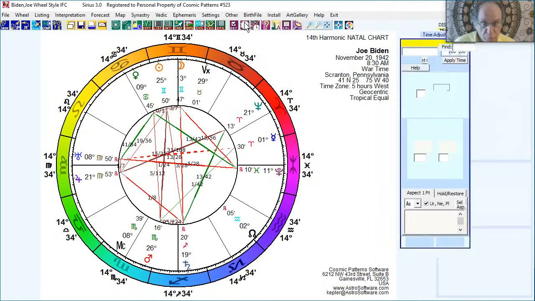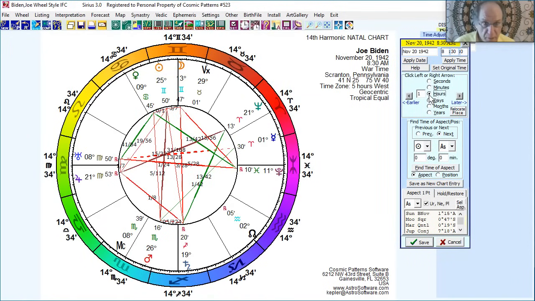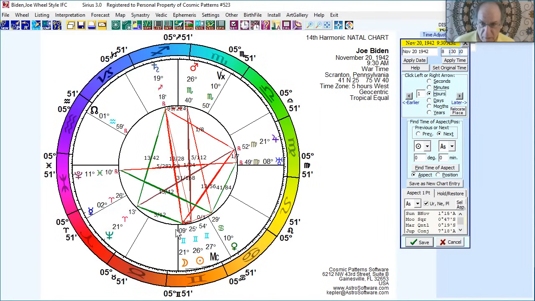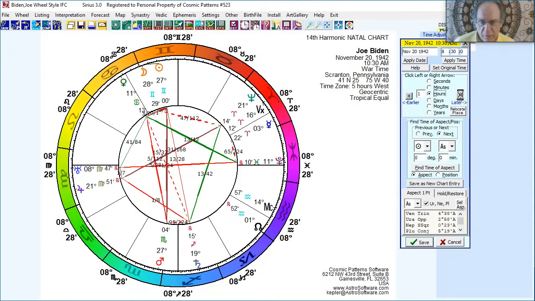If I move this 1 hour, I go into time adjust and move it 1 hour, say, forward, look at how the configuration has changed. Now the moon Saturn is strong. If I go 2 hours, there's the sun and moon, and now it's only a weak sun Saturn, and the moon's not involved in the same way. It's changed. Now sun and moon are strong. Anyway, the configuration changes within a few hours. Okay, now